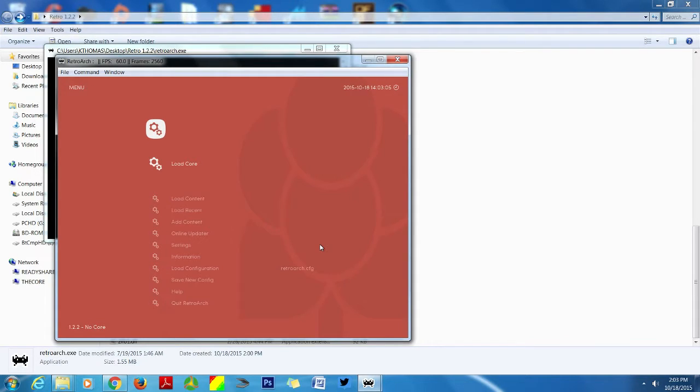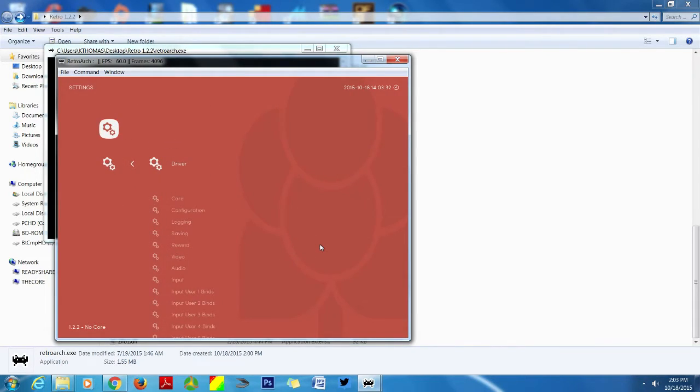And that's essentially what you're going to do, set it up so that you can use your controller to navigate through the menu and stuff. Okay, so in order to navigate the menu, you're going to press the keyboard arrow keys, down, up, and then in order to select an option, you're just going to press X, and X is going to select the option.